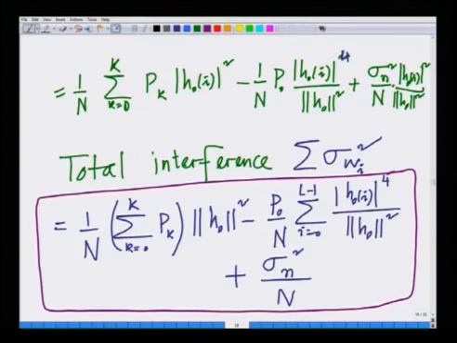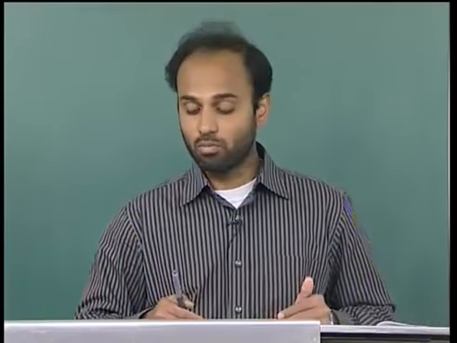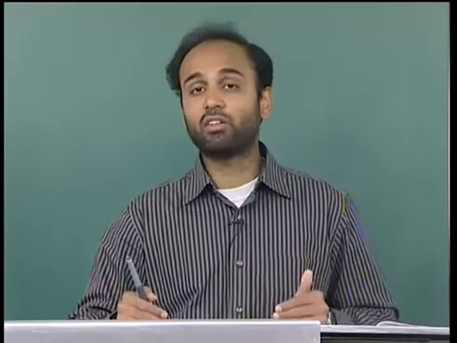The strange thing about this interference, look at this, this is summation k equals 0 to K, that is summation of powers of all users. Even the desired user P0 is interfering with himself. Why? Because when you are extracting one component corresponding to a path, the rest of the paths are interfering with this component. So, it is a very interesting expression in which there is a lot of interference, hence this is